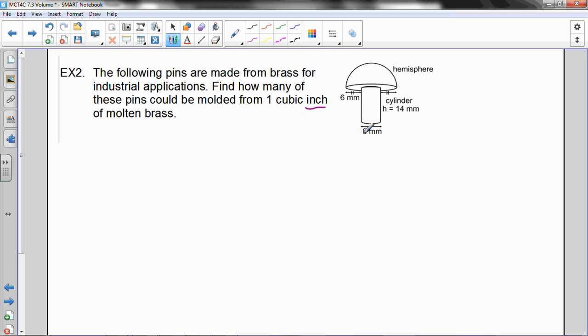Again, we see unit problems, but let's worry about that after. I'm going to find the volume of this kind of mushroom-shaped pin first in millimeters cubed, and then we'll think about how to figure out how many of them will fit into 1 cubic inch. So the total,